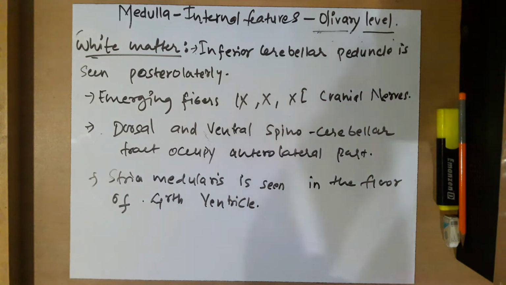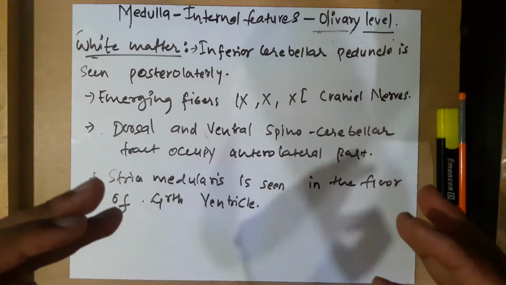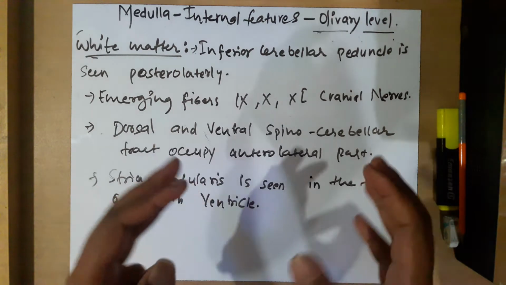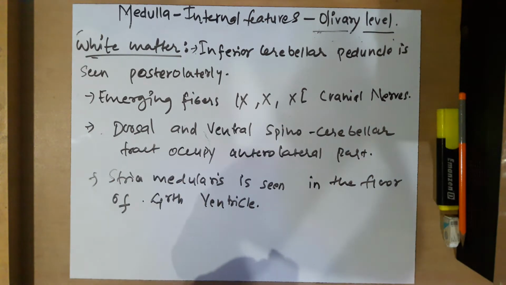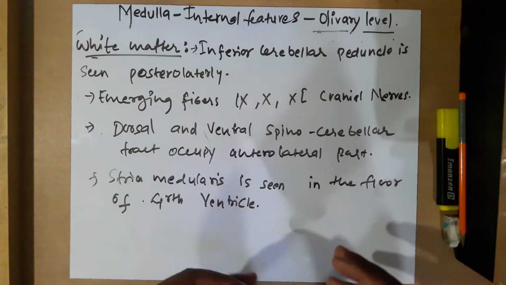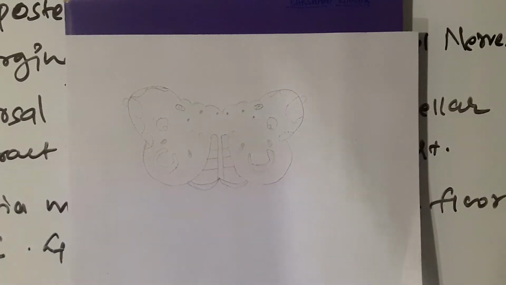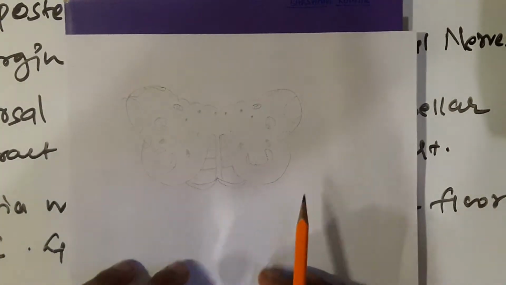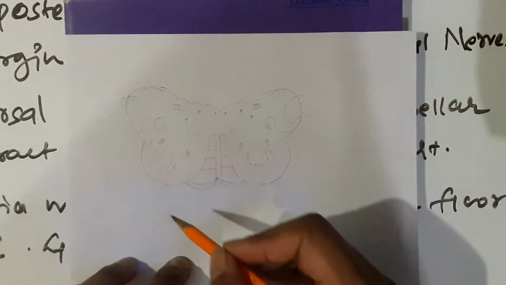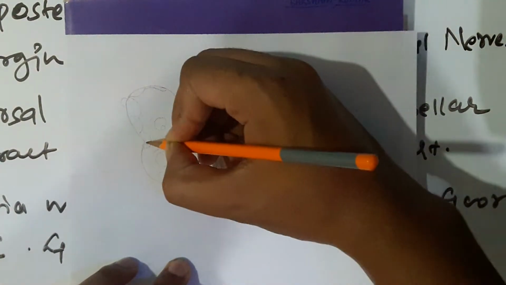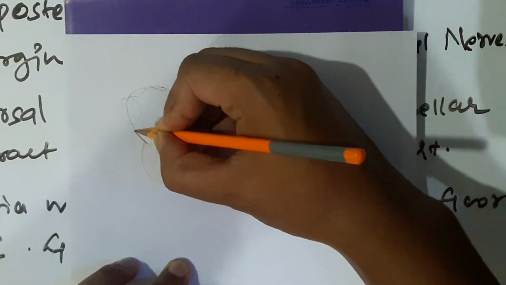Now we shall come to the figure and locate all these points and be clear, so that later on practicing the figure and reading the points once will make us perfect to write answers by just drawing the diagram. Now let's come to the figure. As usual, the outline has already been drawn for the sake of saving time, so let's continue.